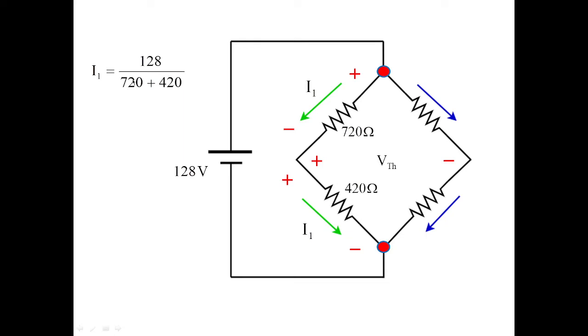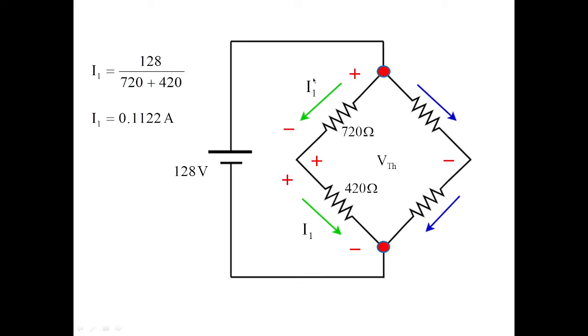With the help of Ohm's law, V equals IR. Therefore, to find the value of I, it becomes voltage divided by the equivalent resistance. The equivalent resistance, the series resistance in this particular branch, is 720 ohms in series with 420 ohms. So 720 plus 420 is the R equivalent for this branch. Under this condition we obtain the value of current I1, which is equal to 0.1122 amperes. Now remember this current, this is the branch current we have obtained in this particular branch.